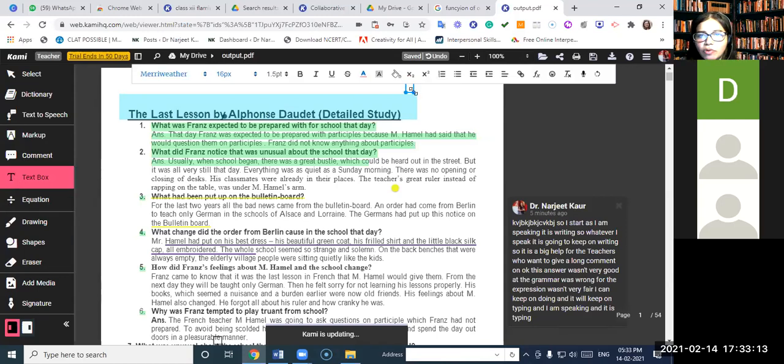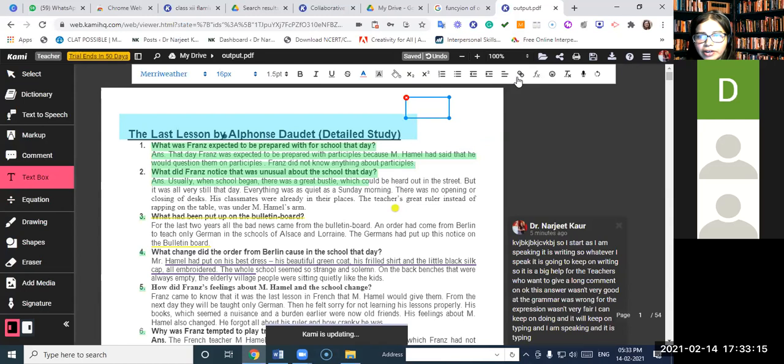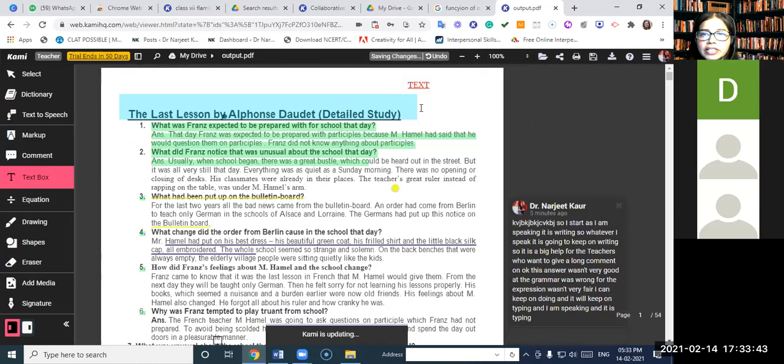And in the text box, now one feature which I like really much here is changing any text to hyperlink. I select this and I click on this link, right? I click on this link. Now what I can do is I can make this text turn into a hyperlink. For example, if I write google.com, let's take it to google.com. I save it. See, it is now changed into an underlined text, and wherever you see a text underlined like this, that means it is a hyperlink, right?